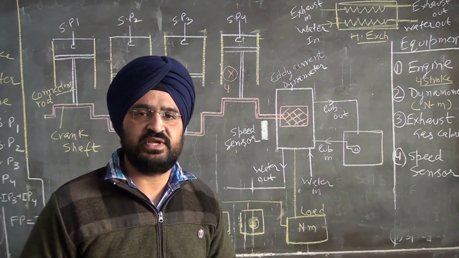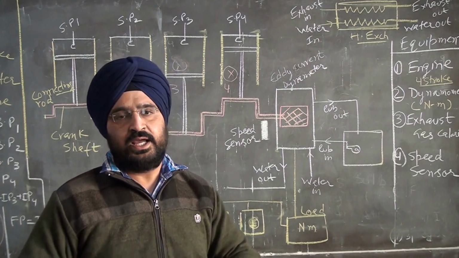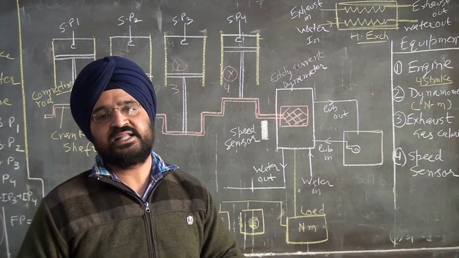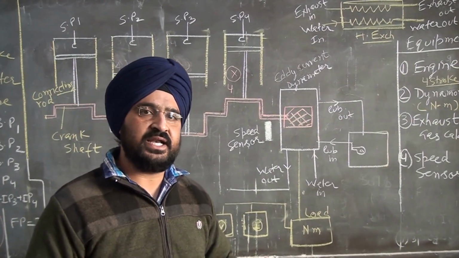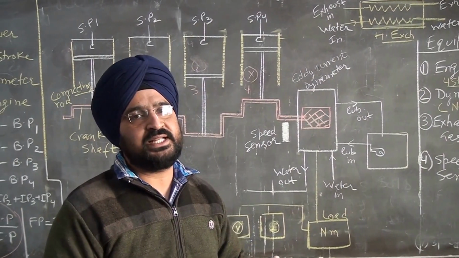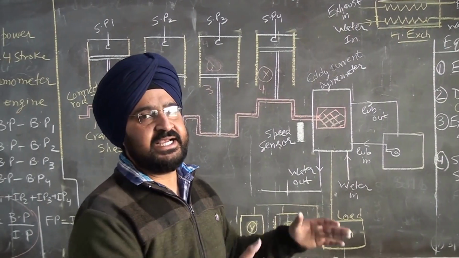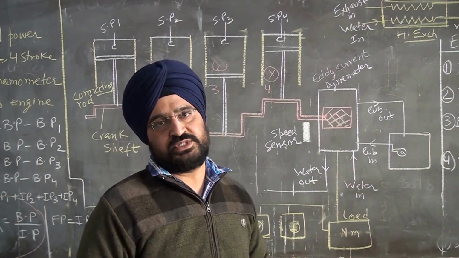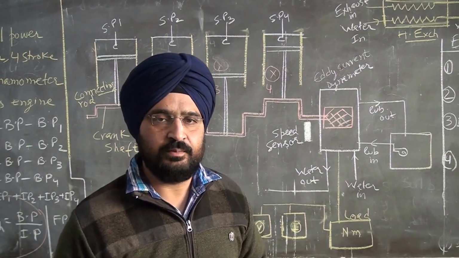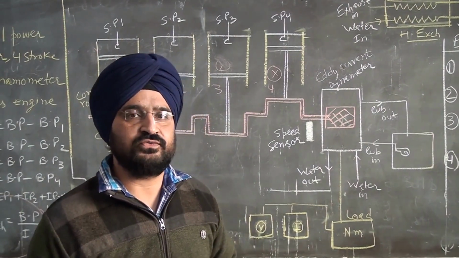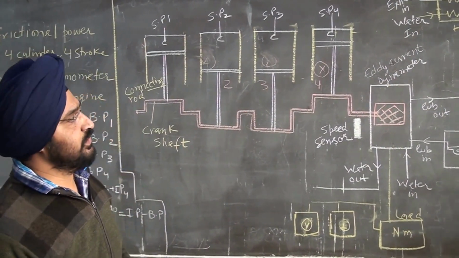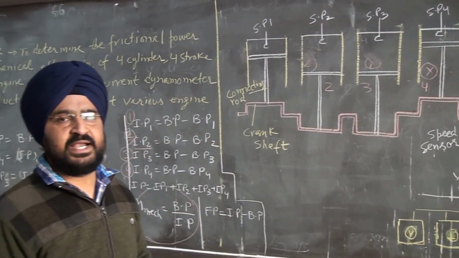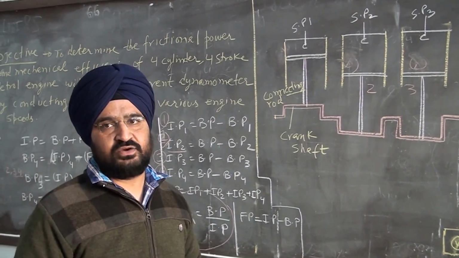There we actually need the exhaust gas calorimeter and the airflow meter; these are the devices used. The airflow meter is also attached to the test rig and is used to measure the airflow, but it is not directly required for the Morse test. That is used for the performance test of the 4-stroke 4-cylinder engine. So let's move to the experimental rig for the start of the experiment.